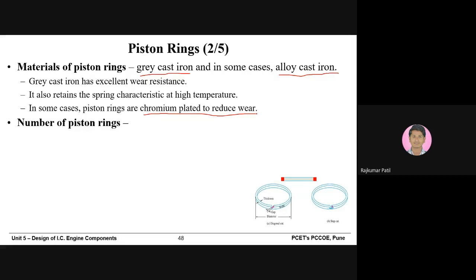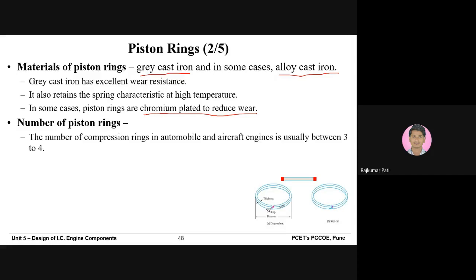Then the question arises, on the piston, how many piston rings need to be used? So again, it changes from application to application. The number of compression rings in automobile and aircraft engines is usually between 3 to 4. So whenever you open an automobile engine, you will find piston rings between 3 and 4. In stationary diesel engines, it varies between 5 to 7,